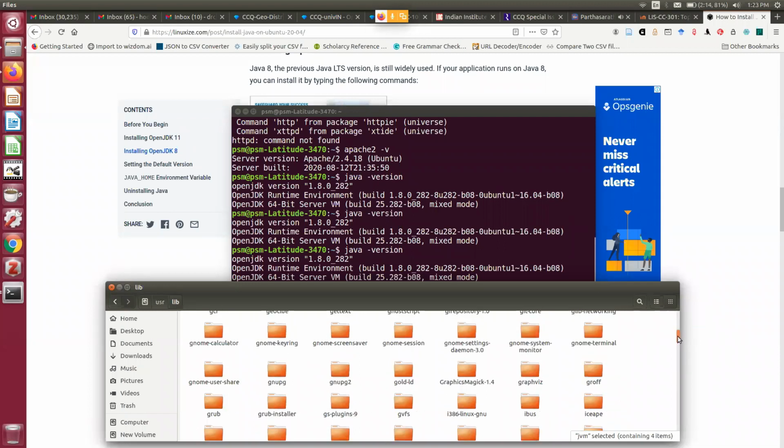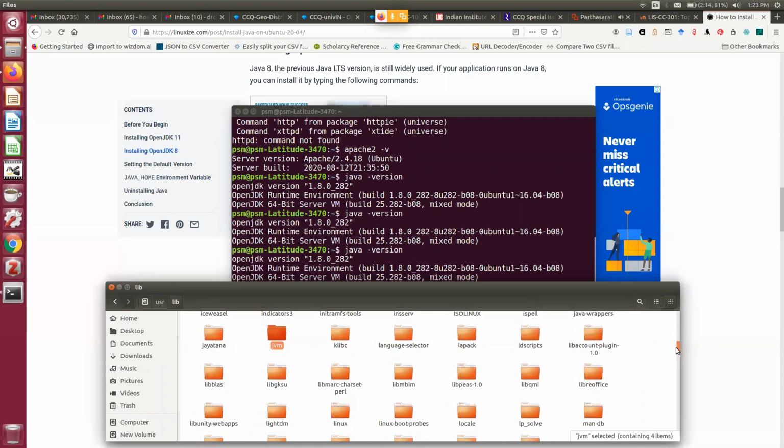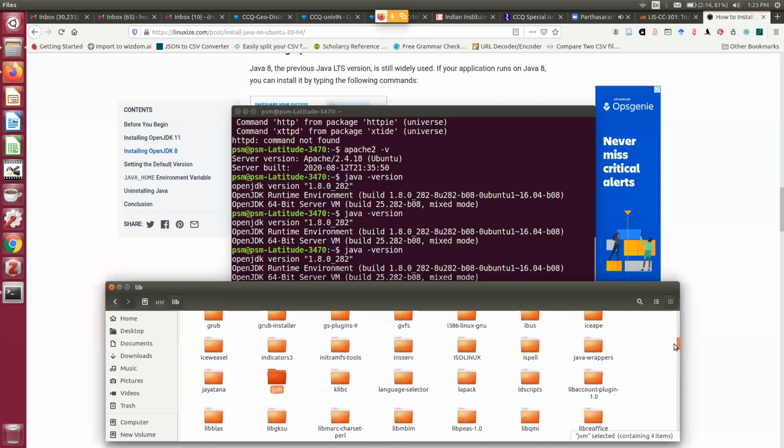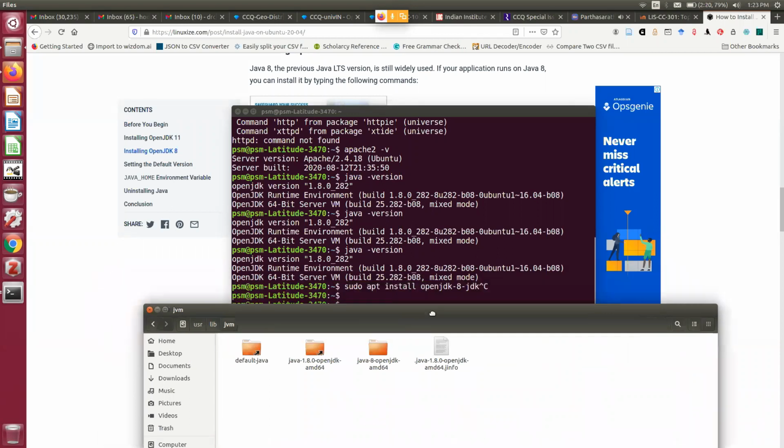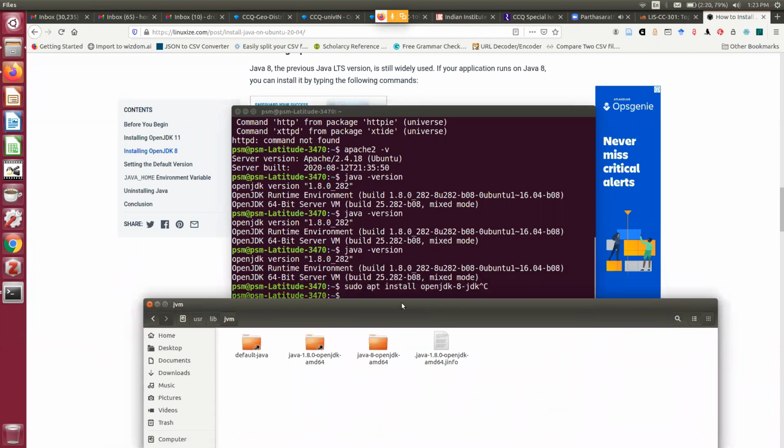So you see here exactly what is my case, so that you will be having an idea. So this is JVM. Under JVM you can see that I have this one, this Java 8. This is my main folder.